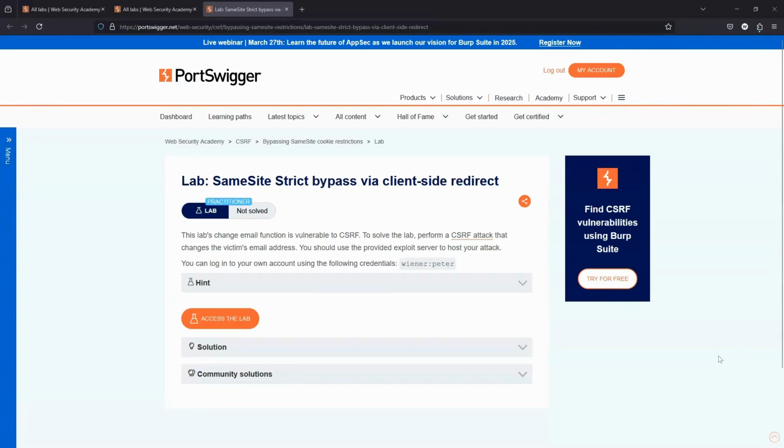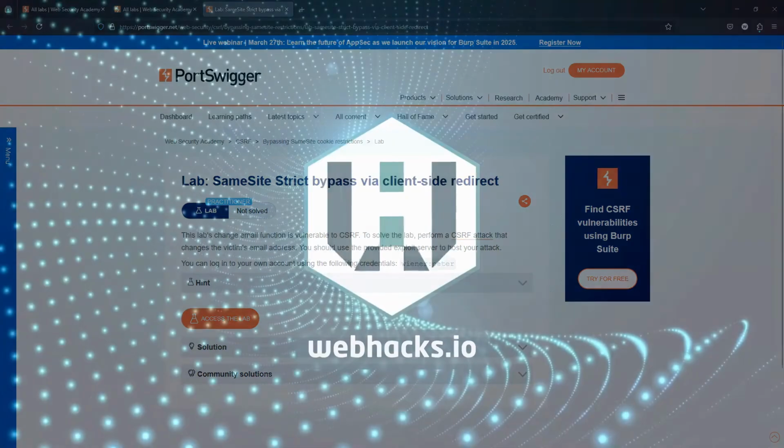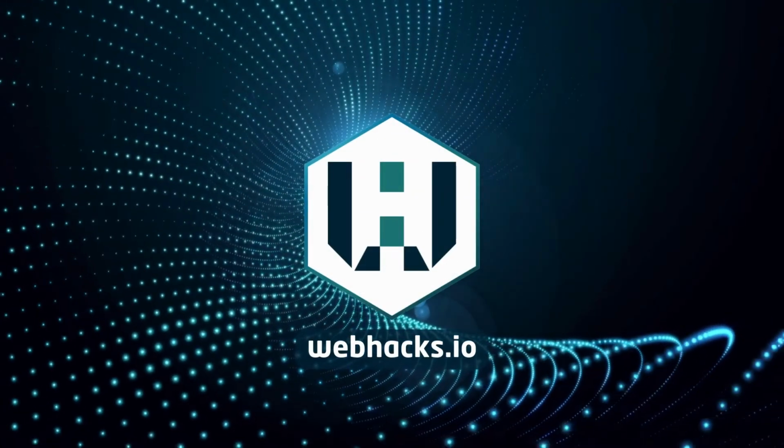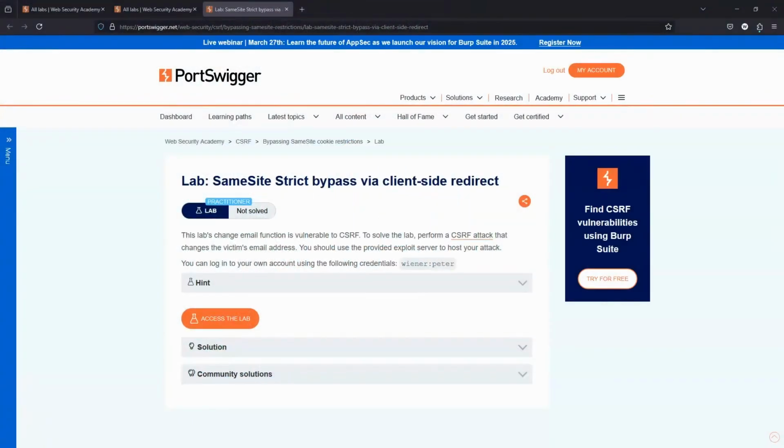What is up, guys? We're going to be taking a look at this lab, SameSite Strict bypass via client-side redirect. For a full breakdown of what exactly SameSite Strict means, you can check out the previous lab where we explain the three different attributes we can set for SameSite. Essentially, SameSite Strict means it's not going to be possible to send a cross-site request and have inclusion of the